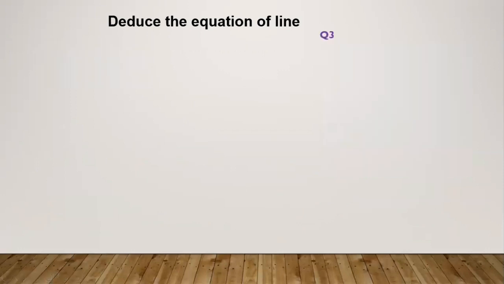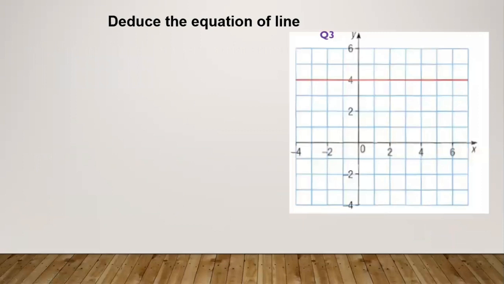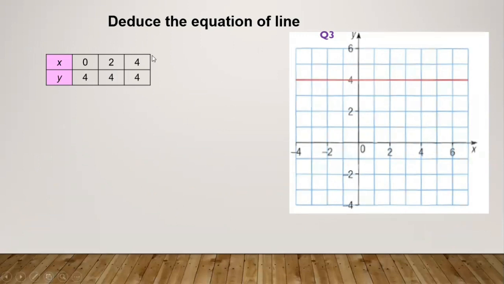Now this is the question for you, question number 3. What do you think it could be? Now this is a line. How is this line? The line is parallel to the x-axis. But let's write the points on the line. So what do you observe here? Every time the y coordinate is the same, 4. If I take x is equal to 0, I get y is 4. If I take x is 2, y is 4, x is 3, y is 4, x is 4, y is 4, x is 5, y is 4. So every time the y coordinate remains the same, and that also is going to be the y-intercept.